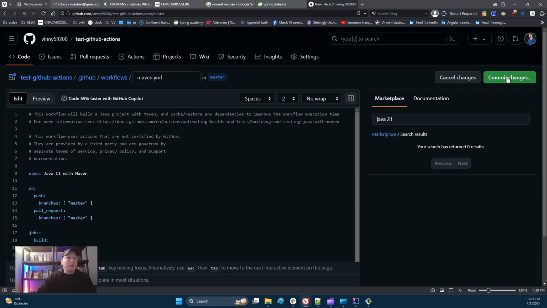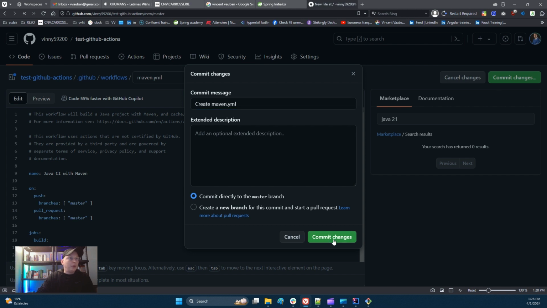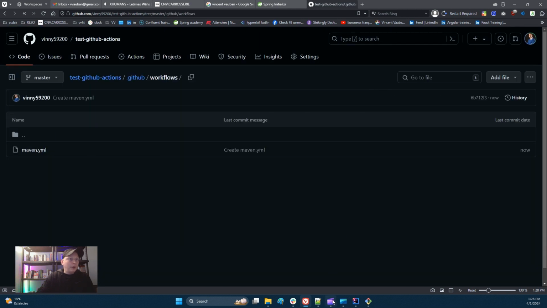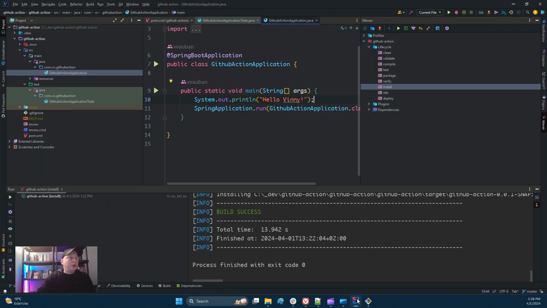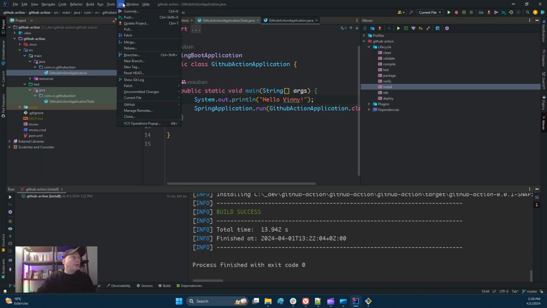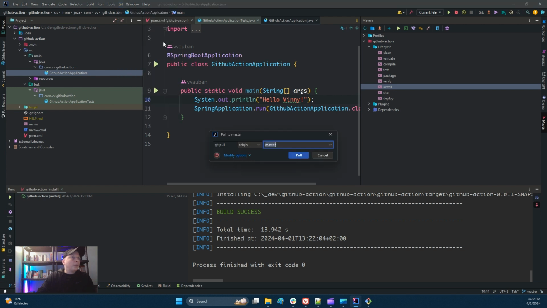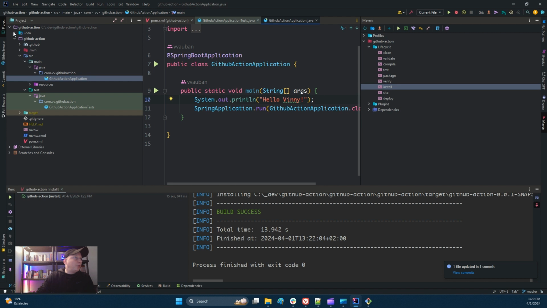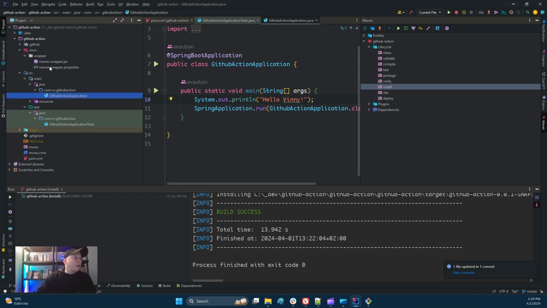Okay, commit change, create maven.yaml. I go back to my IntelliJ. I do git pull master. I've got my YAML just here.